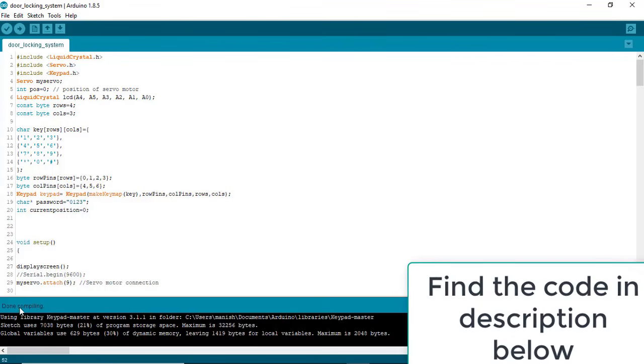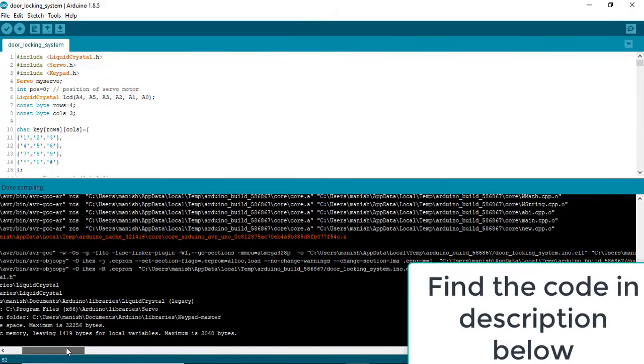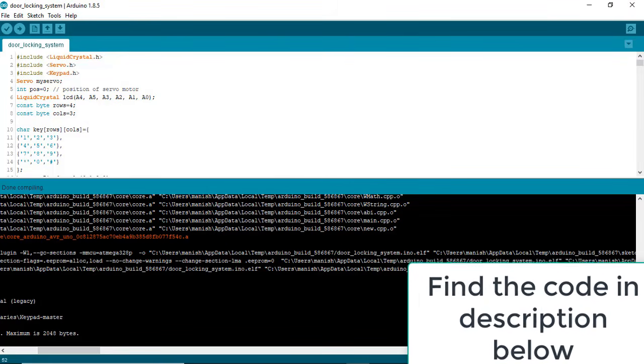Finally the code has been compiled, there is no error, it says done compiling. Let me expand this and search for the hex file. Here it is, the extension will be .hex.